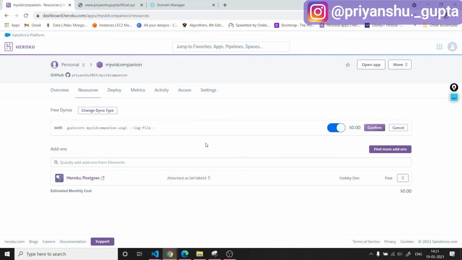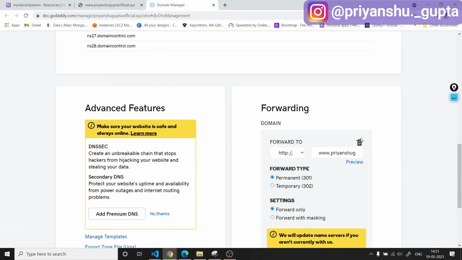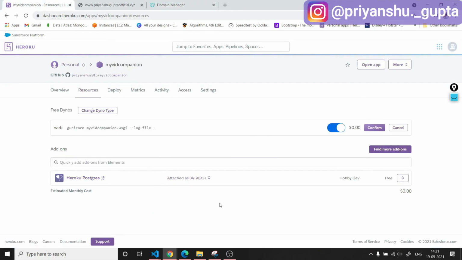And once you have added the SSL certificate, then you can go to this GoDaddy and you can click on edit here and forward it to HTTPS. In that way you can do that. So even if someone tries to contact your website using HTTP, then automatically his request will be upgraded to HTTPS. Okay, so you can add SSL certificate to your Django project on Heroku in these two manners, but this will cost you money. So one more way is that using Cloudflare, and that is for free.